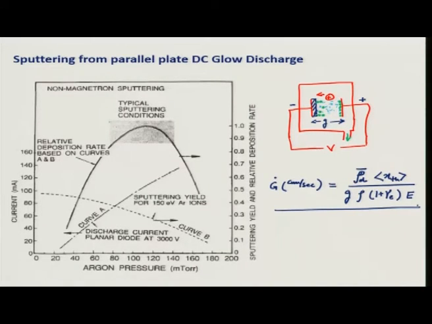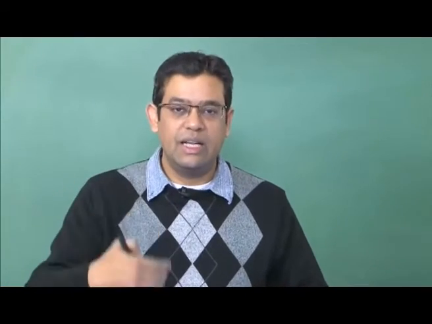This expression is an empirical expression derived from various experiments. Now, we understand this is the power density of plasma in watts per centimeter square. This X_Th is a term called the thermalization distance. As we had said, once the sputtered atoms come out from the target, they have some energy, typically between 2 to 10 electron volts, and this kinetic energy is given to them by the energetic ions.